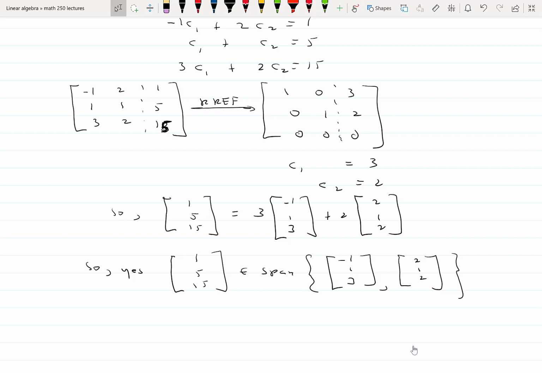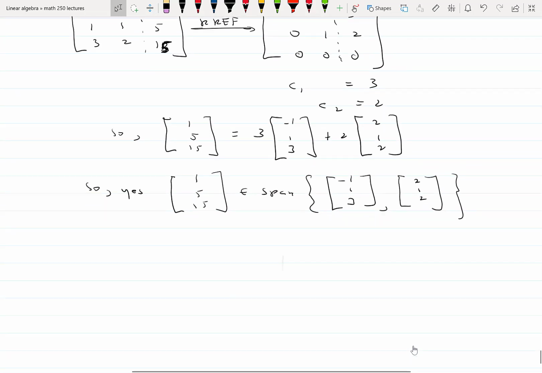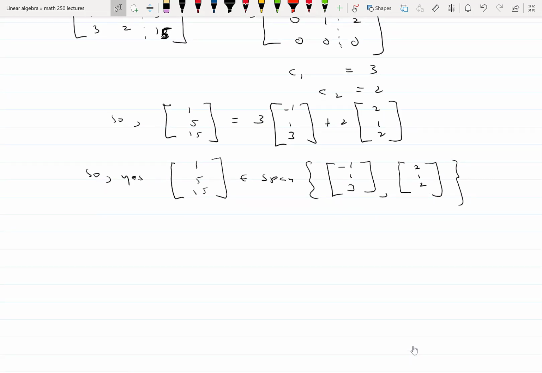In this case, the column vector 1, 5, 15 can be written as a linear combination of these other two. They don't really look simpler, but somehow simpler, or at least not more complicated looking vectors. Okay, we're looking at representing vectors as linear combinations of simpler vectors. Can't say too much more about that,